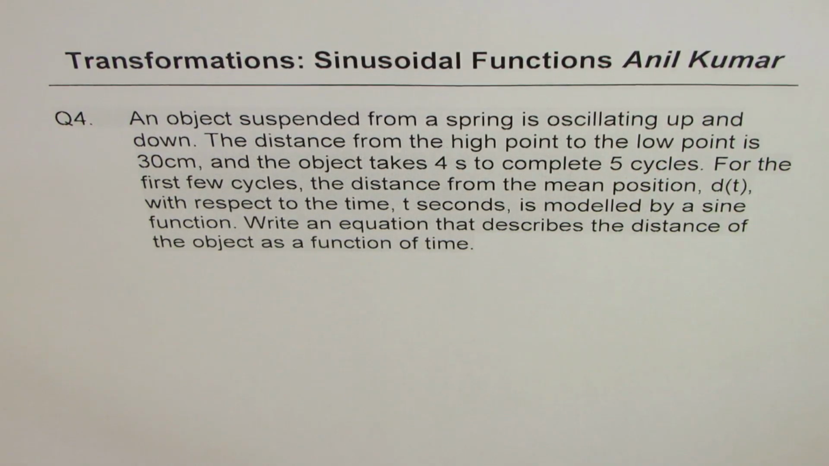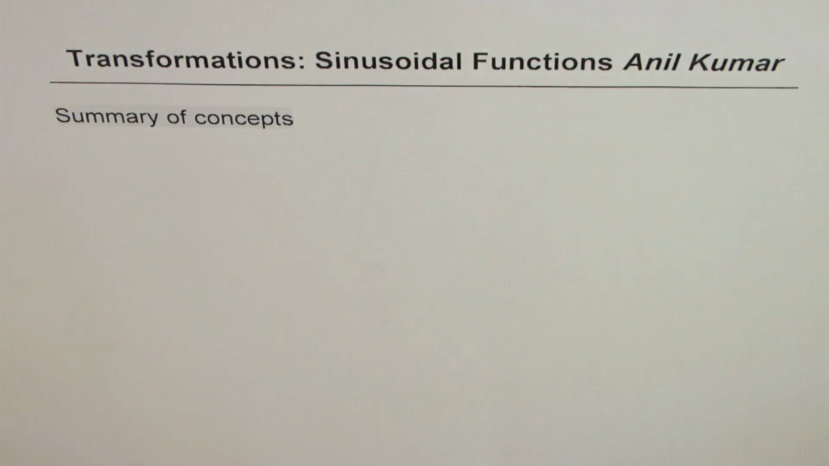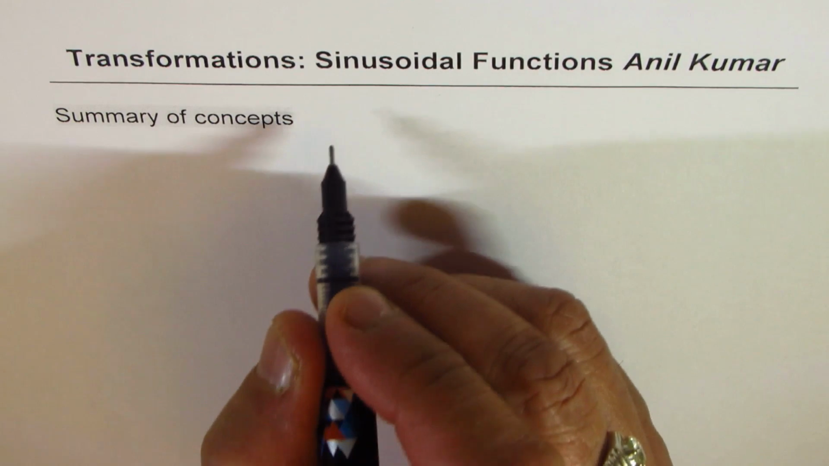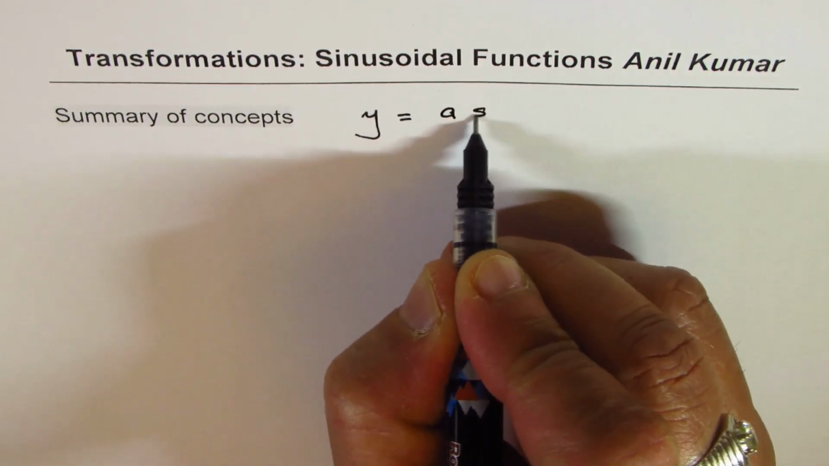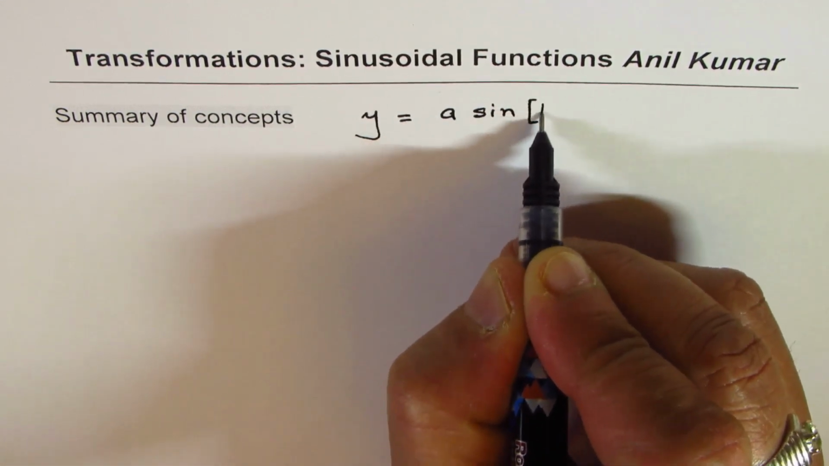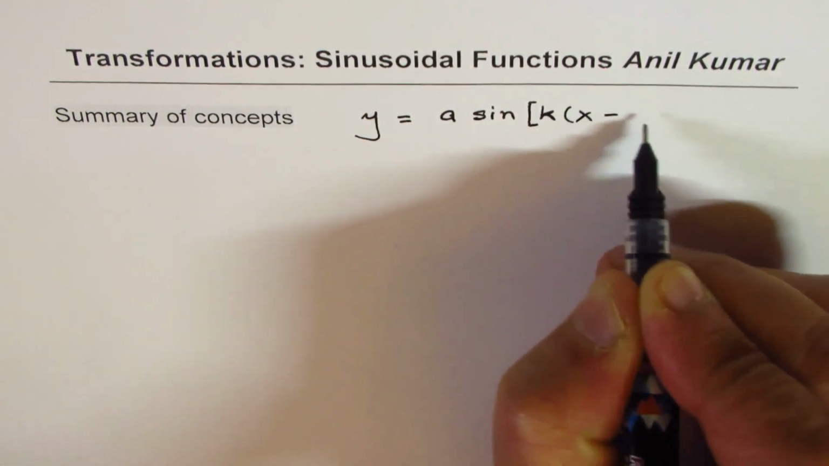So I hope all the 4 questions are absolutely clear. They cover the whole chapter in great detail and their solutions will help you prepare for your own test. Before answering, let me summarize the basic concepts which we have learned in this particular chapter about transformation of sinusoidal functions. So generally, we will be writing equations in the form of y equals a sine k(x minus d)